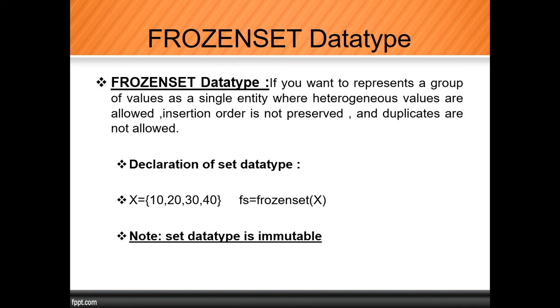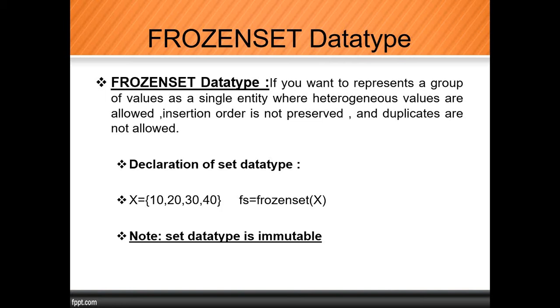So, in the last lecture, we discussed the advanced data types. In that, we discussed the set and tuple. These are advanced data types, and they have the feature of the mutability and immutability concept. When we talk about the set, the set is mutable. That means we can change the elements of the set.